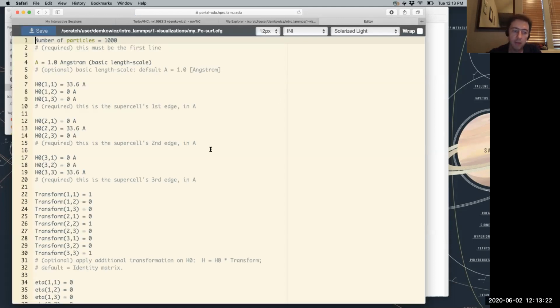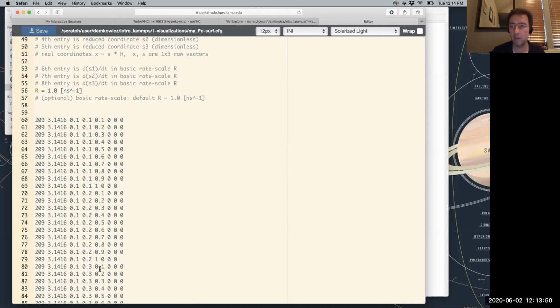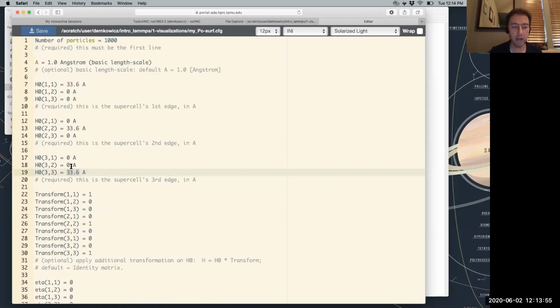And your first thought might be to say, well, if I want to make a free surface, all I have to do is just increase the dimensions of the simulation cell in one direction, right? Because I've got only 10 by 10 by 10 unit cells. So if I just double, let's say, the dimensions in the z direction, then that should create for me a free surface. Now, it turns out that it won't, and the reason why is because all of these atomic coordinates that I have down here, as you recall, are written down in a unit cube, right? And basically, whatever I write in here is going to stretch out all the coordinates in the unit cube to whatever shape that I give to the unit cell.